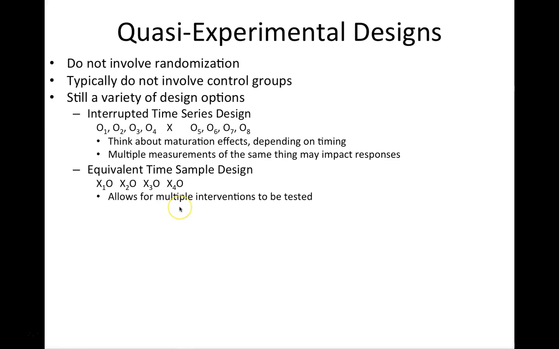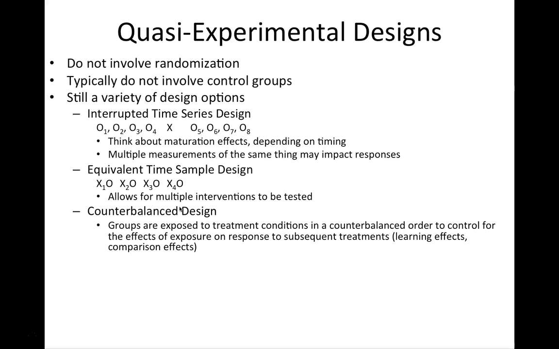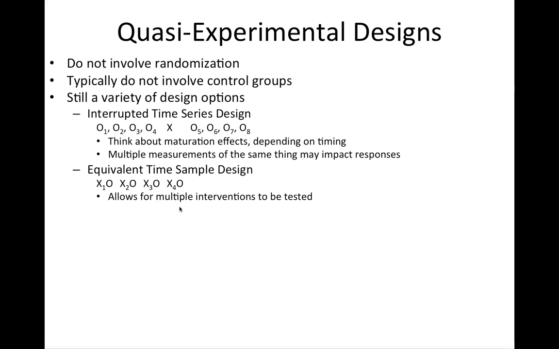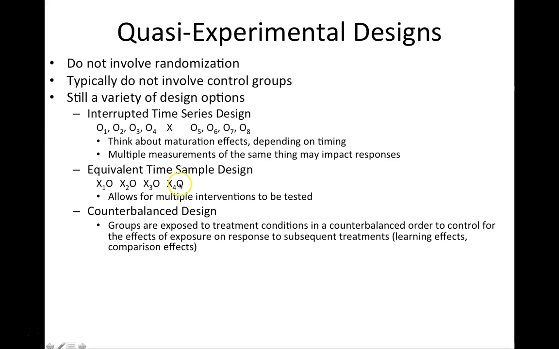So in this situation, in the equivalent times design, the example that your book gives, I think, is the snacks in the morning or the breakfast in the morning, and then student behavior. So in that situation, you have to think about the impact of each of these interventions on the observation at that time period, but then the impact of this intervention on this time period and this time period and this time period. And so one way to try and control for that, or try and move around those effects, is counterbalancing this